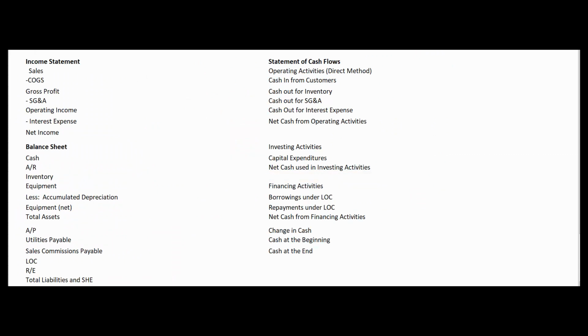Okay, let's make some financial statements. We're almost done. We're going to create a pro forma income statement, a balance sheet, and a statement of cash flows. They're pro forma in that they are based on certain assumptions, certain predictions. They're not what really happened because this stuff hasn't happened yet. So our income statement,